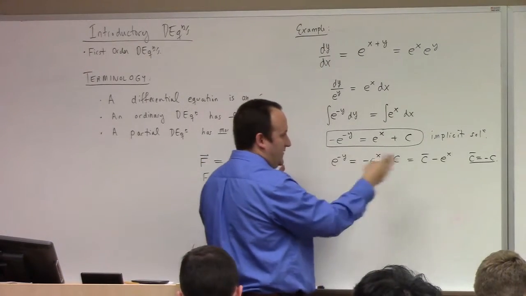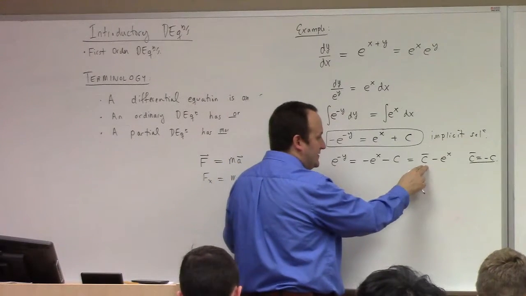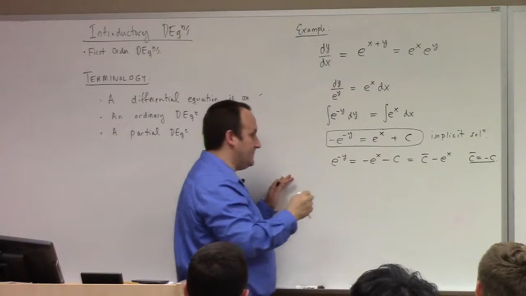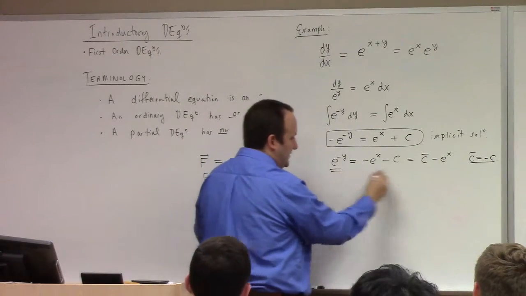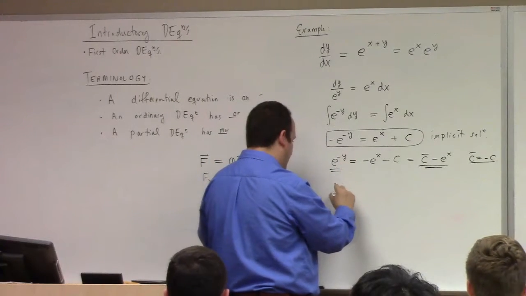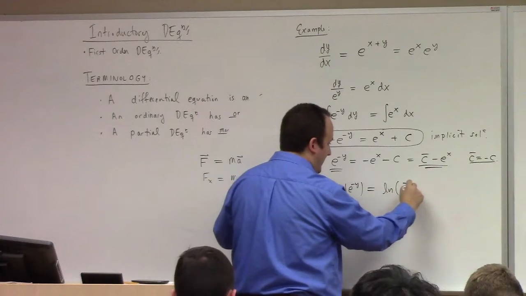In fact, for this to have a non-trivial solution, I mean an actual solution, you're going to need to have that the original constant was negative. All right. Anyway, now that we've got this and that, we can take the log of both sides. We get natural log of e to the minus y is equal to the natural log of c bar minus